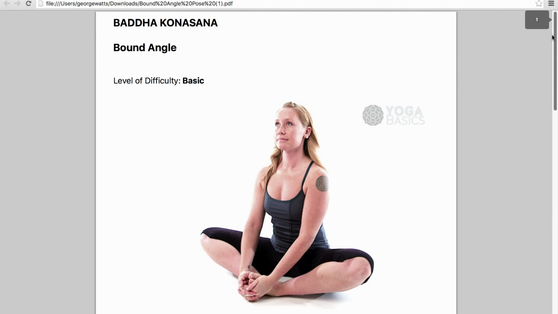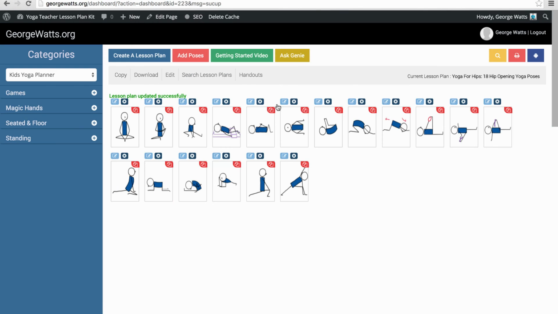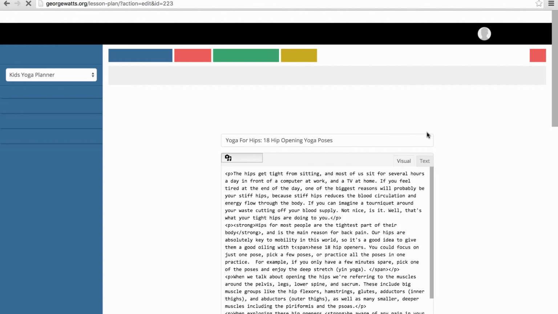So yeah, really nice, easy way of doing it if you haven't got time to create your own handouts and you find a nice article, you can just use Safari and you can create as many handouts as you like. You can go back into here. If we go back into edit the lesson plan there by clicking the edit link there, I can go back in and I can add maybe a few other poses that I've included